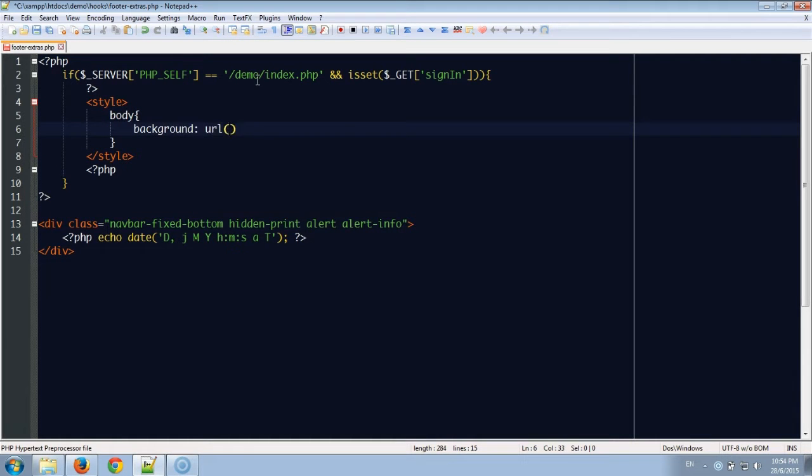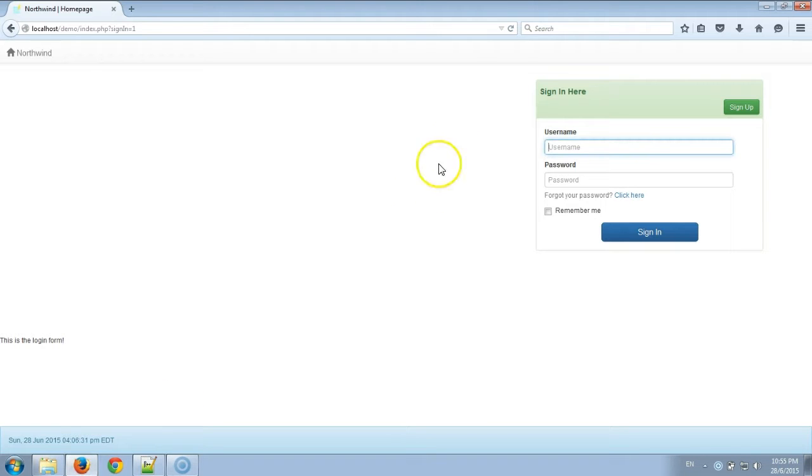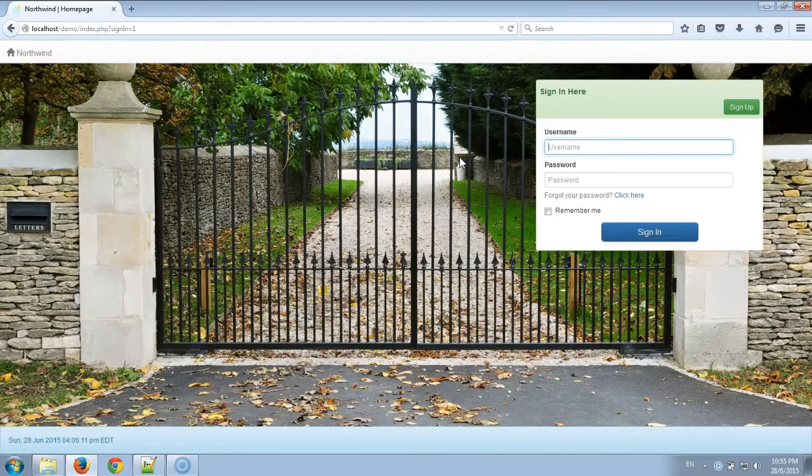We want the background image to fit our page width rather than showing empty areas or being cropped. So we'll set some more CSS rules to do this. Let's save and preview the changes. The background image is applied successfully.